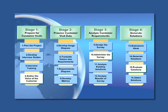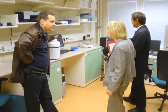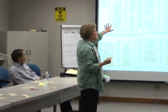Stage 1, prepare for customer visits. Stage 2, process customer visit data. Stage 3, analyze customer requirements. Stage 4, generate solutions. Now the focus is on the voice of the customer, and after extensive preparations and workshops,